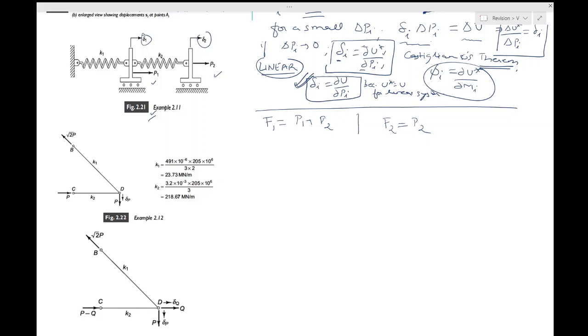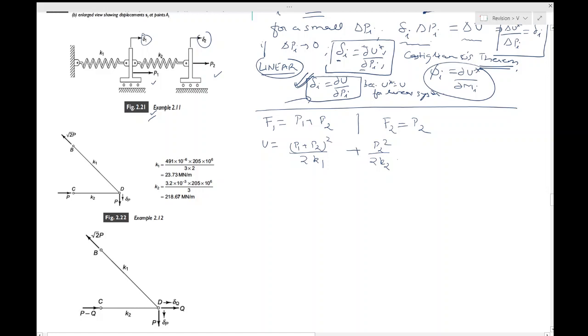So once you do this, the total elastic energy in the first spring will be (P1 plus P2) whole square by 2K1. Clearly it's a linear spring, because only in a linear spring will this Castigliano's theorem work. The complementary energy and the potential energy are the same. And similarly, now you would write the potential energy for the second spring, that would be P2 square